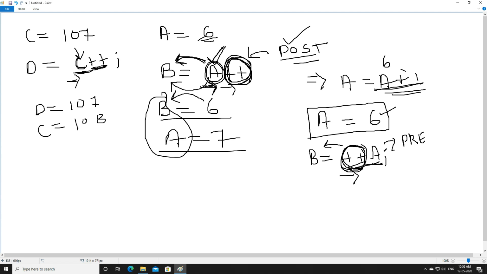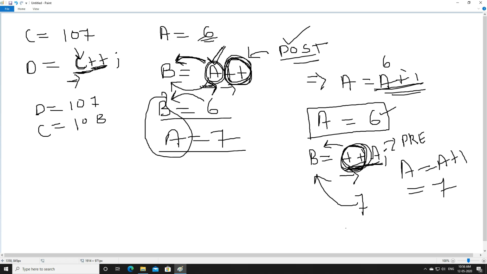But in this case, first we have to increase the value of a, that is, ++a stands for a equals a plus 1, and here a will become 7. And this 7 can be further stored to b, isn't it?